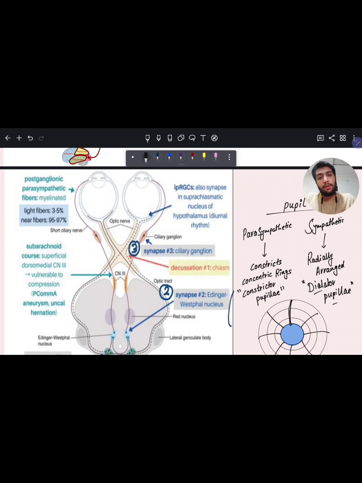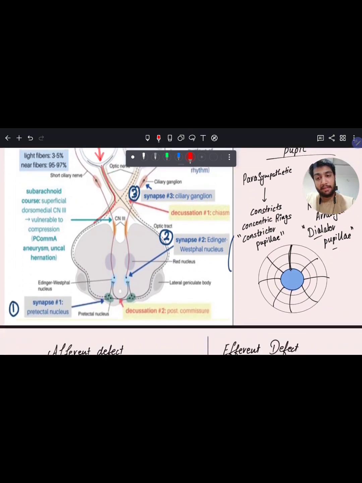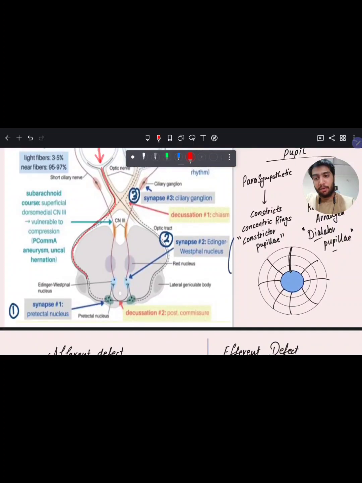So now, when you have excess light falling onto your eye, the eye wants to protect your retina, and that's why it will constrict your pupil. Let's take the example of the left eye here. The light rays fall onto your retina. The information will be taken by the optic nerve and then the optic tract, and the optic tract will go up to the pretectal nucleus,